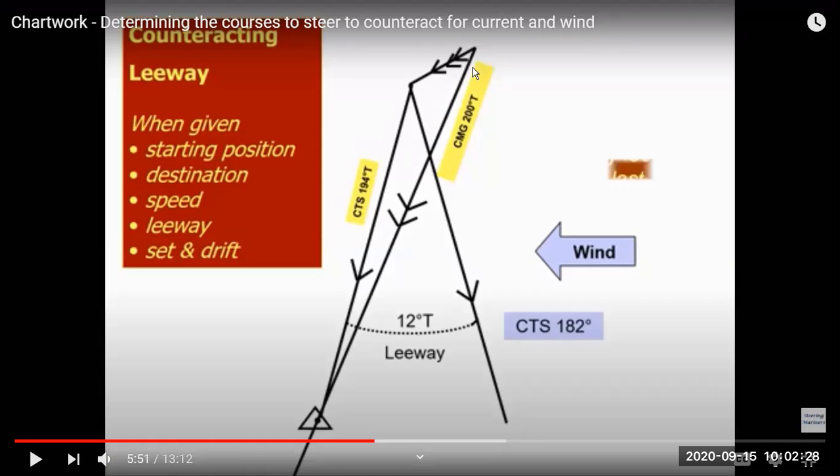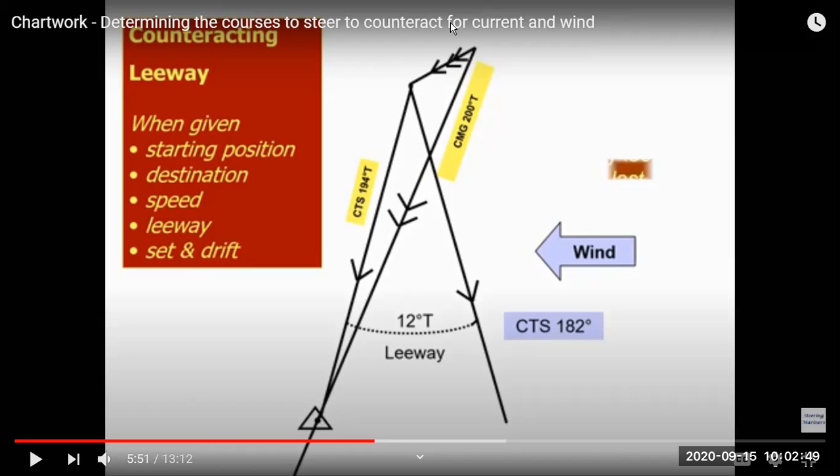So initially we have to move on this line. Because of current, we put the steering on 194 so that we move on this line. And then because of wind, we put the course to steer 182, and still the ship moves on this line because of the wind.